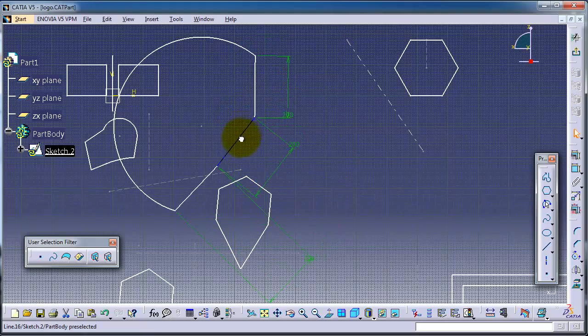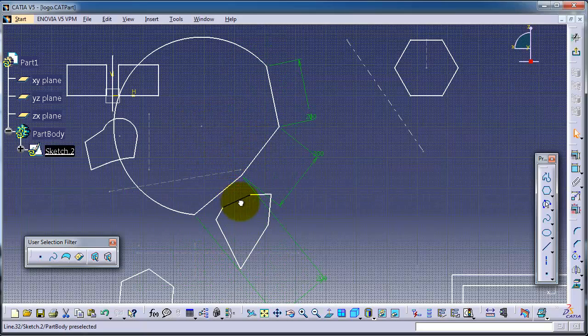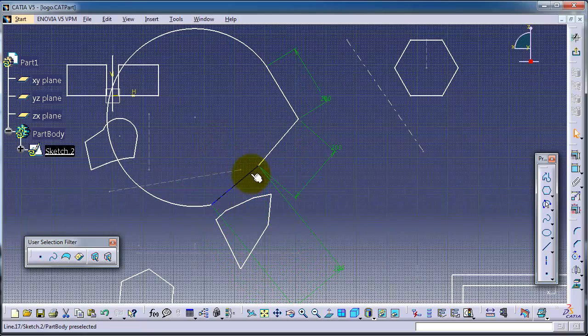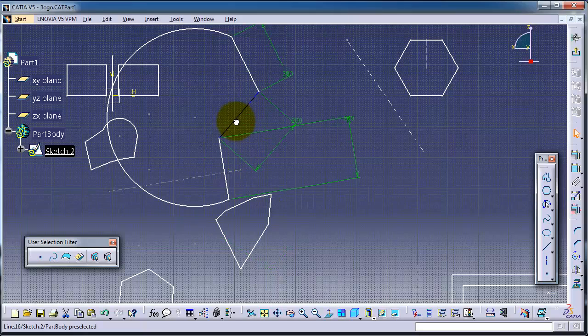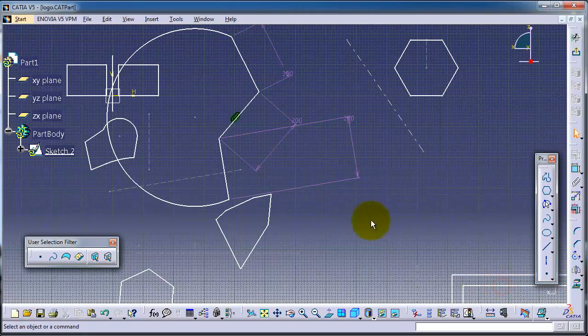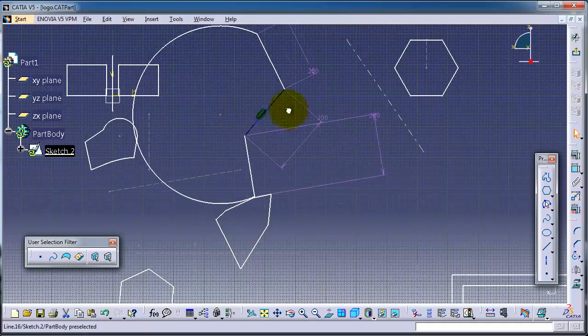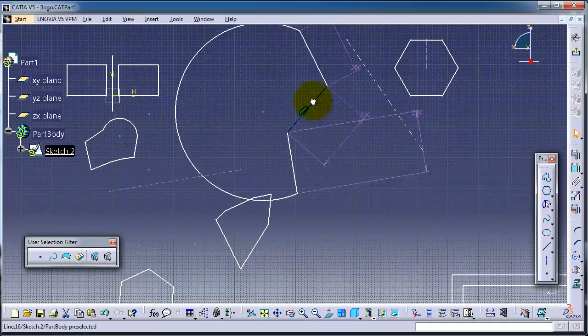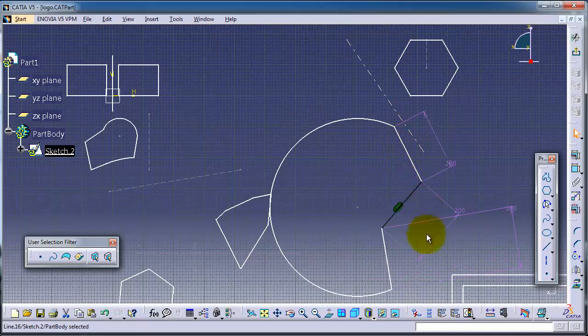But as you notice, you are still able to keep moving them. So for example, we want them in this shape. For example, you can pick these lines and fix. You'll notice all these lines and points will be fixed. And now when you are moving the whole profile, there is no change with these